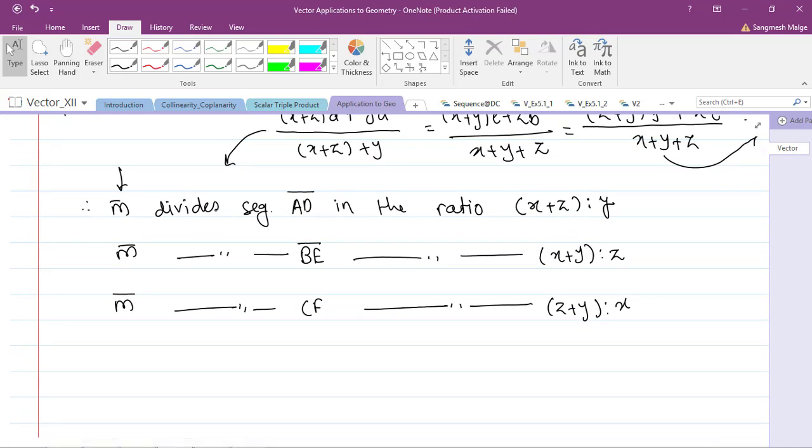See, at the starting of this video I told you that this topic is a bit confusing. Because of this lengthy procedure, the student feels that this is very difficult. So please trust me, this is very simple. We are just using the applications of whatever we have learned in vectors: the dot product, cross product, internal section, external section, centroid formula, all those things. Okay, good. So with this we will stop here, and the remaining 3 applications we will see in the next video. Thank you so much.